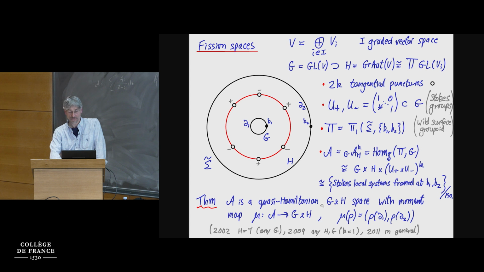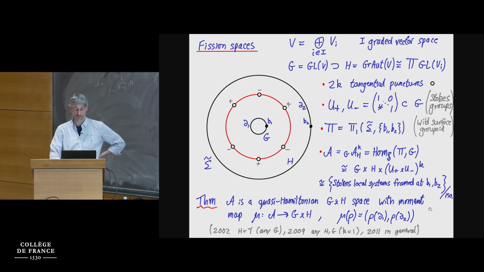And this is a quasi-Hamiltonian G cross H space. So basically in the tame picture, people had worked out what you need to put on such local pieces to be able to glue to get the global symplectic structures in a completely algebraic way. So the best way to understand what I mean by this is to look at examples in the tame case